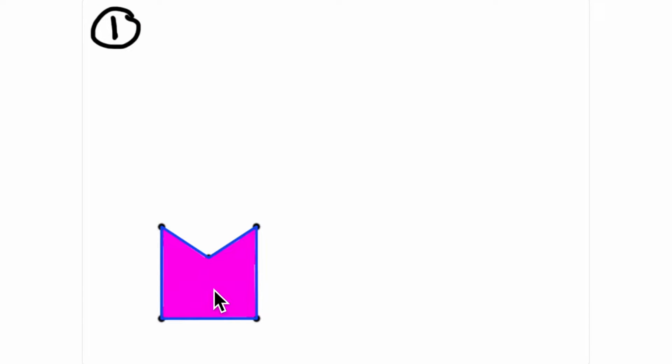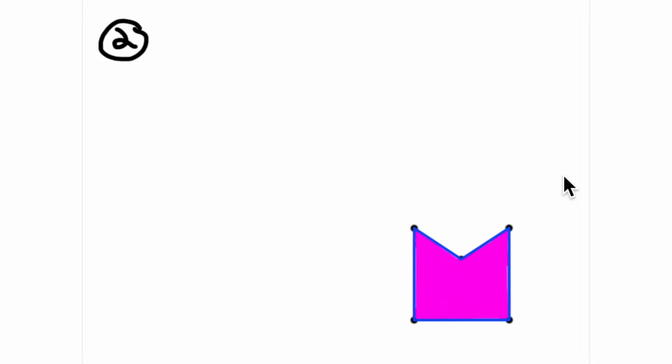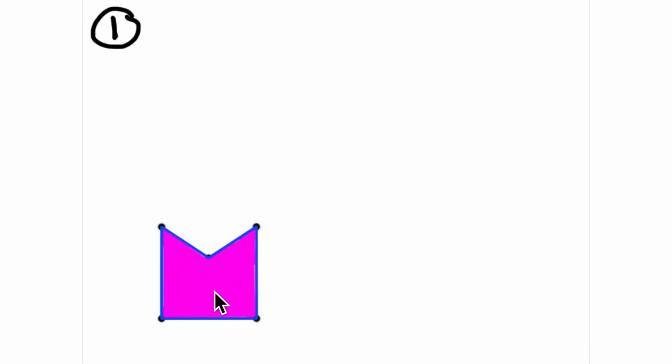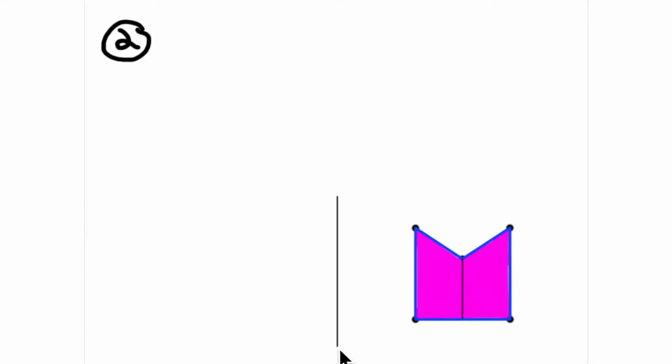So this is figure 1, and figure 1 moves to its image in frame 2. So it's moving from figure 1 to image 2. This is the image of figure 1. Now you don't know if this movement is a translation or a reflection because it's symmetrical. It looks exactly the same on both sides. And so it may be reflecting over a line of reflection, or it may be just sliding through to the